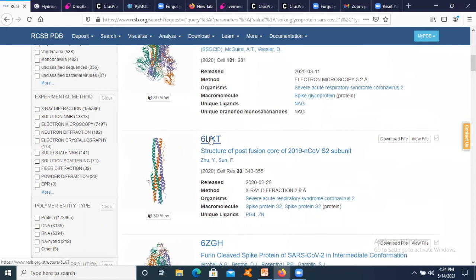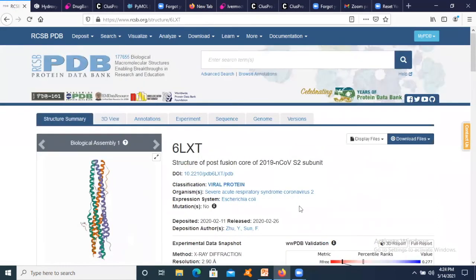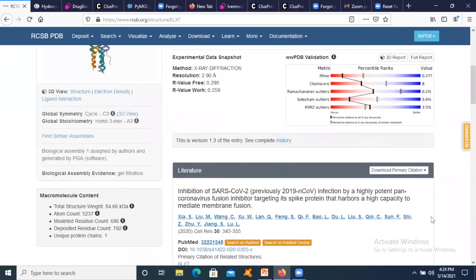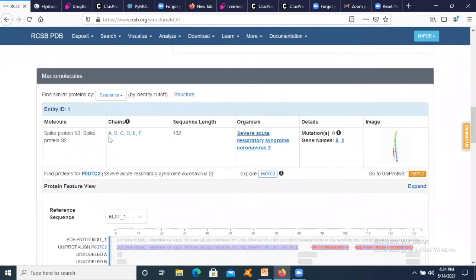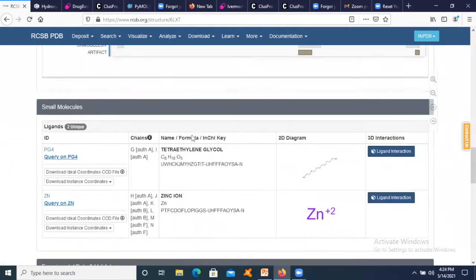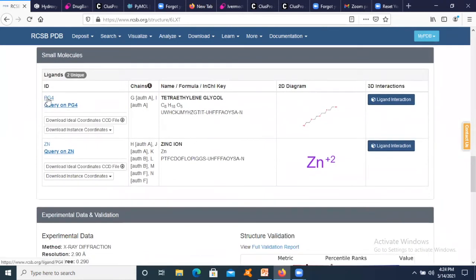Now, if we click on 6LXT, you can see it has 6 chains, 132 amino acid residues, and it has ligands bound to it. It has PG4, tetraethylene glycol.